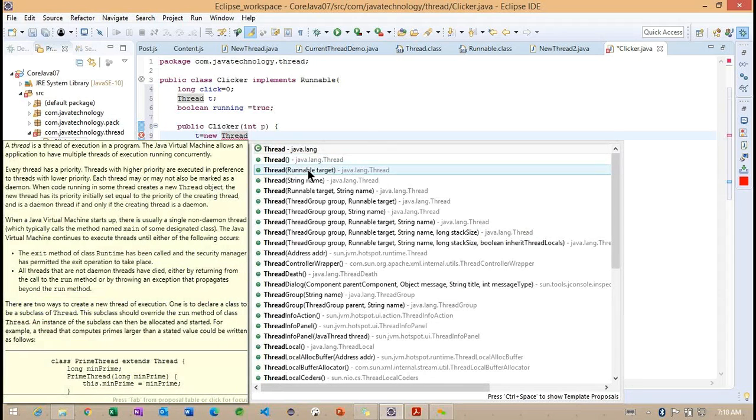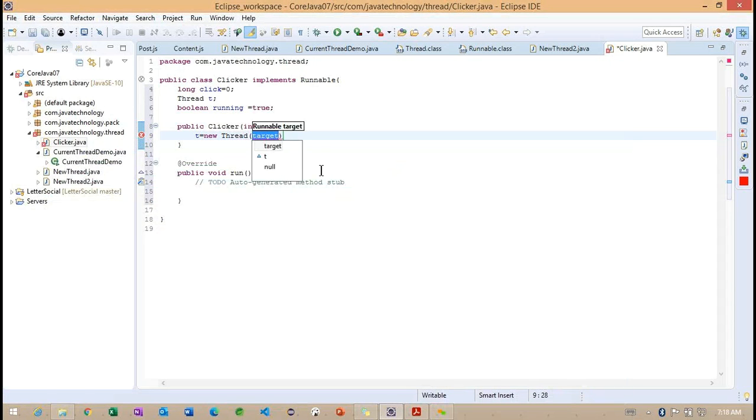If I observe here, we have multiple constructors. This one is where we communicate the Runnable target. Whenever we specify this keyword here, how is it converted into a Runnable? Because internally we are implementing the Runnable interface here. Getting the point. And in the previous example we identified another constructor which takes a string as one parameter. So these are some of the constructors available inside the Thread class.